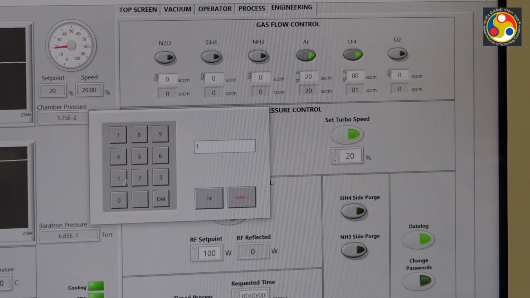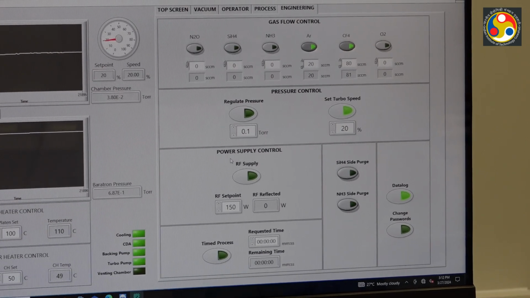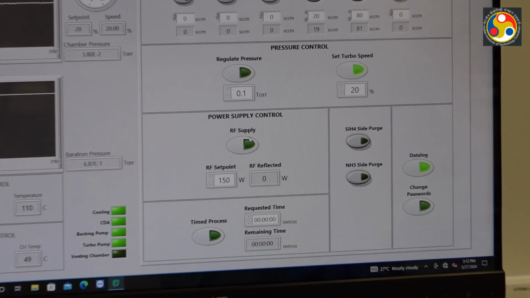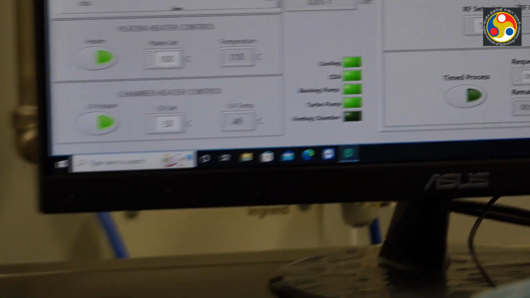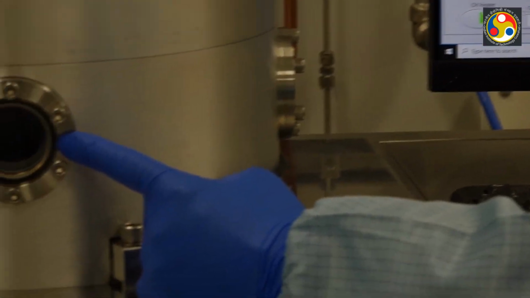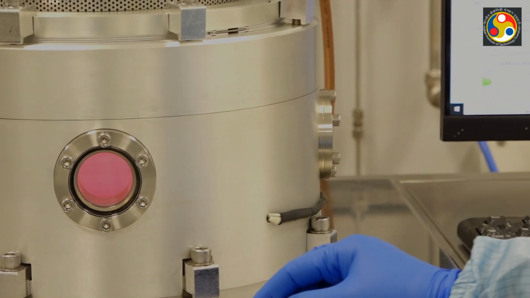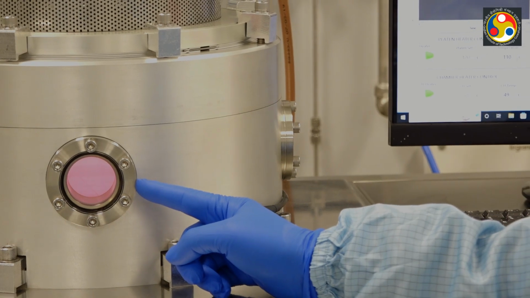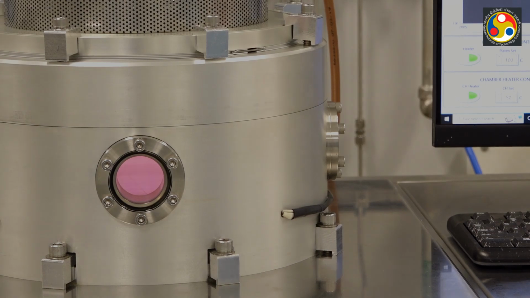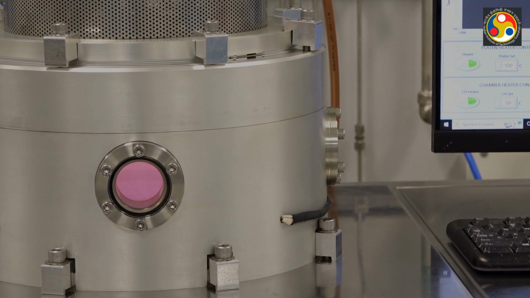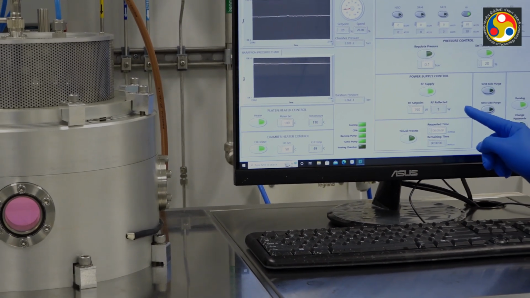I am putting RF power as 150 watts. Now as I turn on the RF power supply, I am expecting a plasma glow here. So after turning on the power supply, you can see a pink color plasma. If you can see here on this power supply tab,